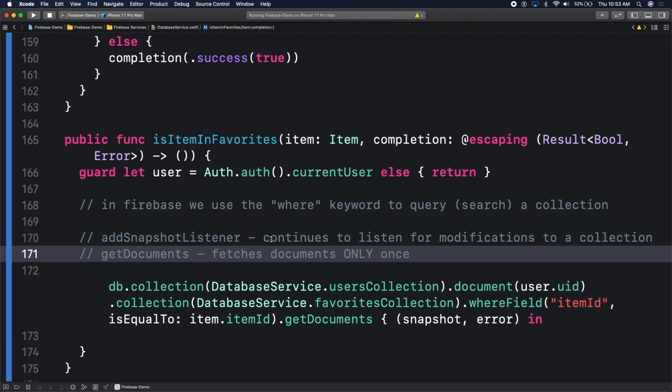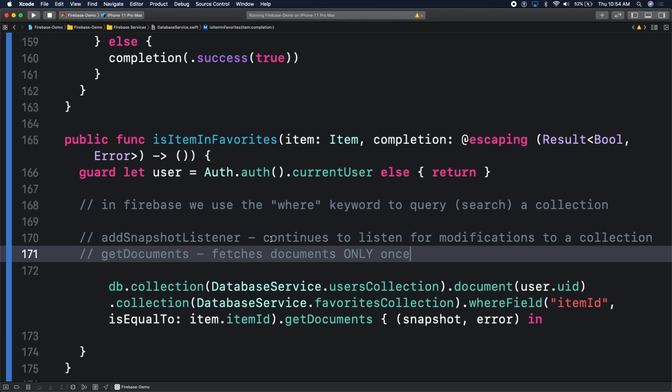Is it kind of similar, if we were to simplify it, to a table view and a detail view controller? The table view is like a snapshot, right? Whereas the detail view controller would be like the get document, where you focus on one. I would not use that. I would use an analogy where